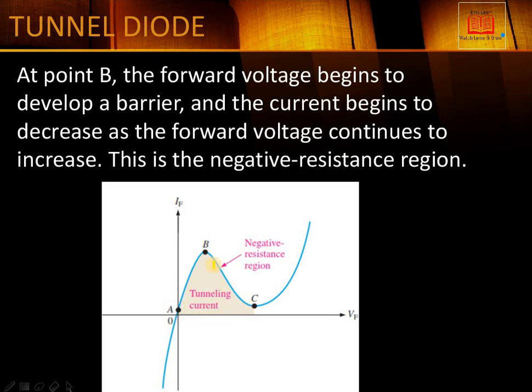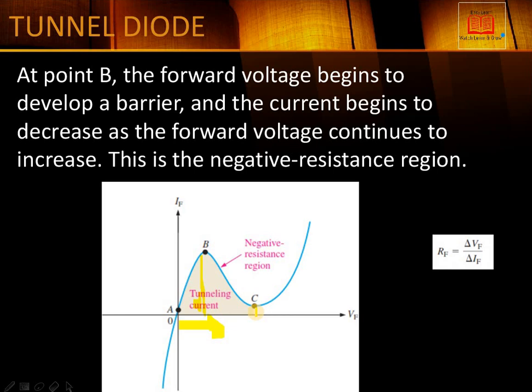Then at point B, the forward voltage begins to develop. This forward voltage increases at point B. After point B, this voltage is now enough to create a barrier potential. This creates a barrier for the current, and now current is going to decrease till point C. This is called the negative resistance region, and we can calculate the slope of the negative resistance using Ohm's law,